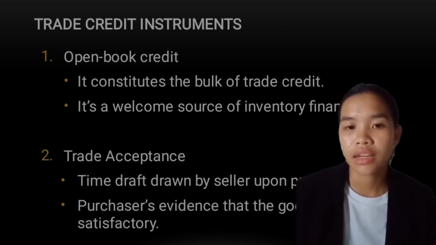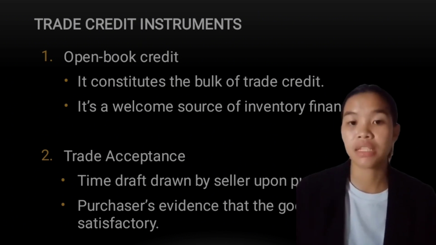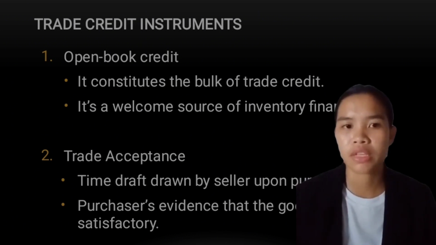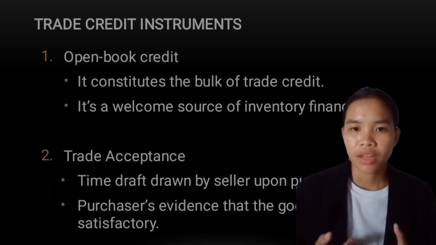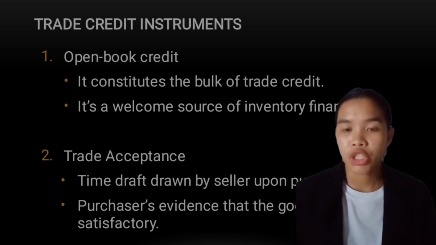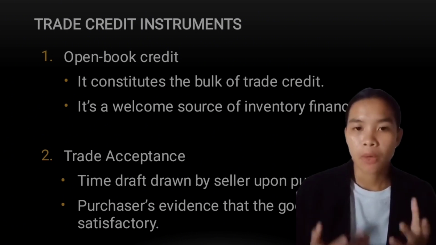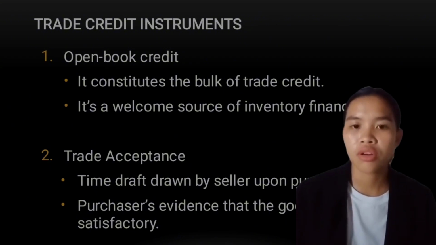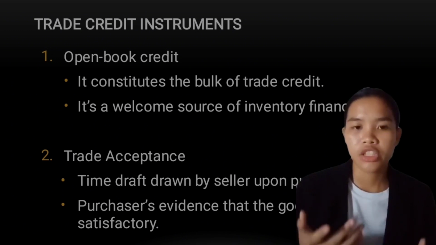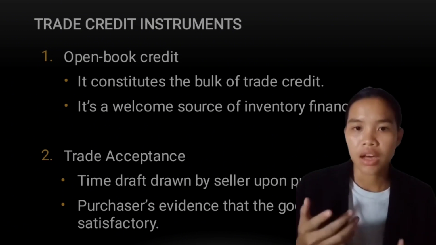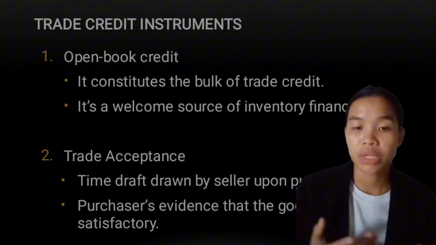Open book credit is like having a spending limit for a specific purpose. It's a pre-approved amount of money that you can use and you pay back what you actually use. And it's also providing flexibility that you can borrow and spend up to a certain limit, and you're charged based on the amount you use within that limit.